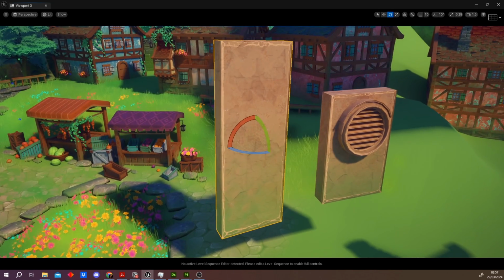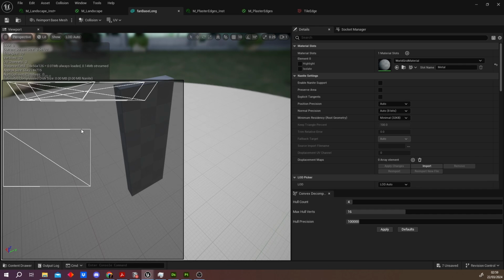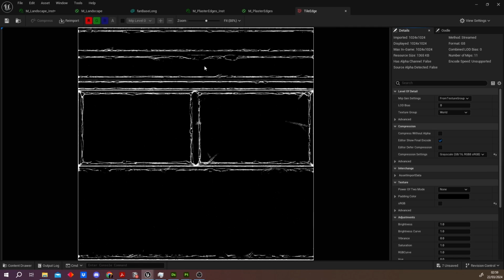So this model has two UV sets. So the two UV set, you can see one is just bigger, not perfect, whatever, and the second one is unwrapped in a different way. And the second one, since I wanted to use it for the edges, is unwrapped on this texture. This is an edge mask, so I'm gonna apply this edge effect only on this, based on this mask here,